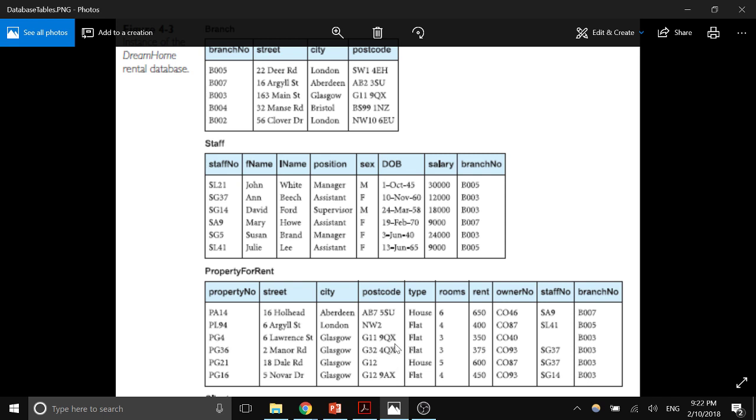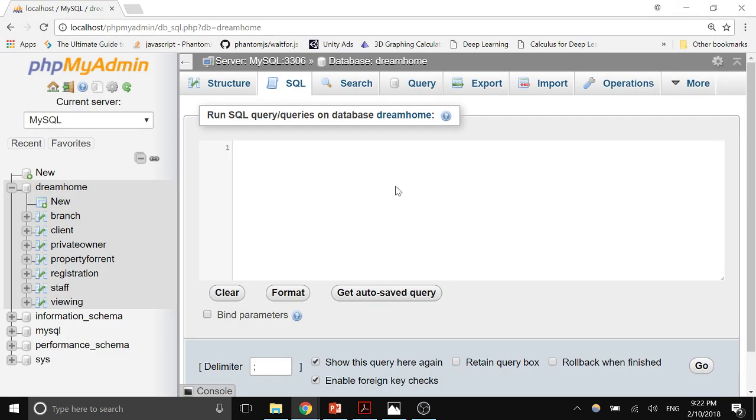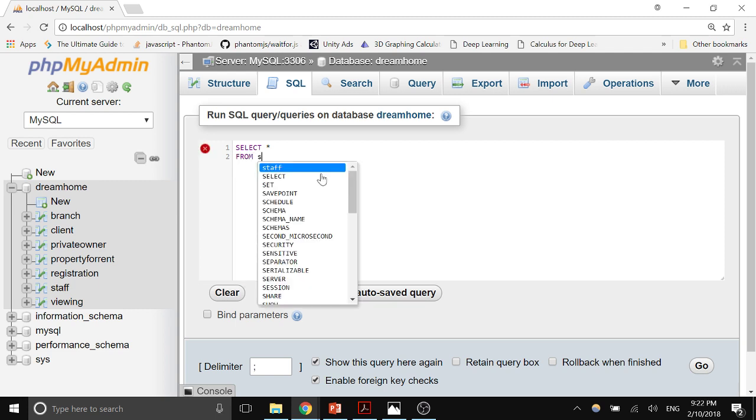Since SG is more than one character, I'm going to use the percentage sign. So let's go back here, select all, basically all the columns, and return from staff